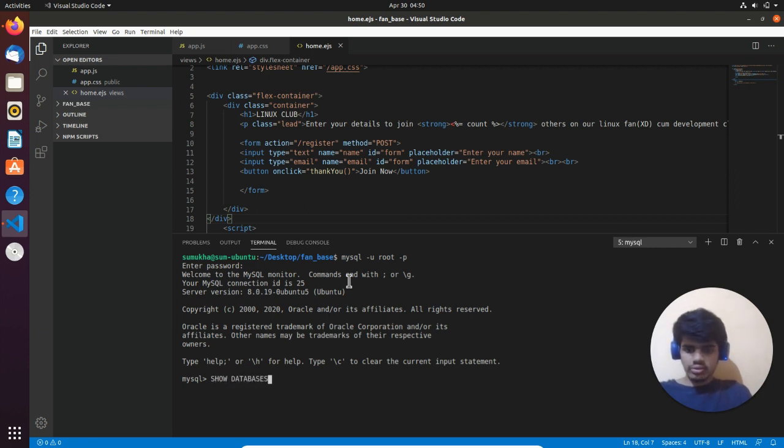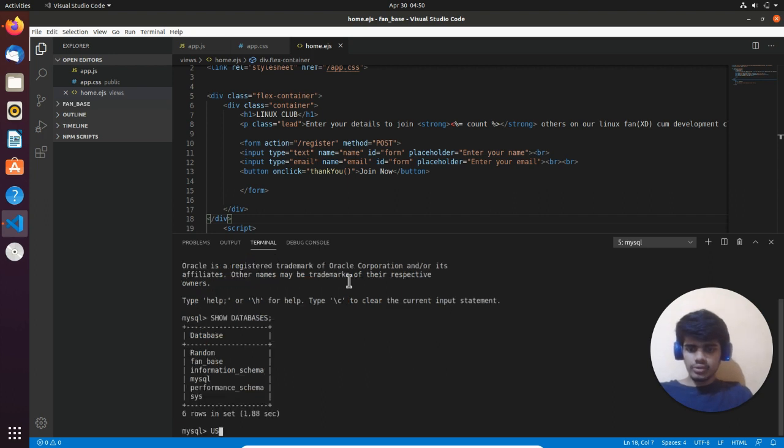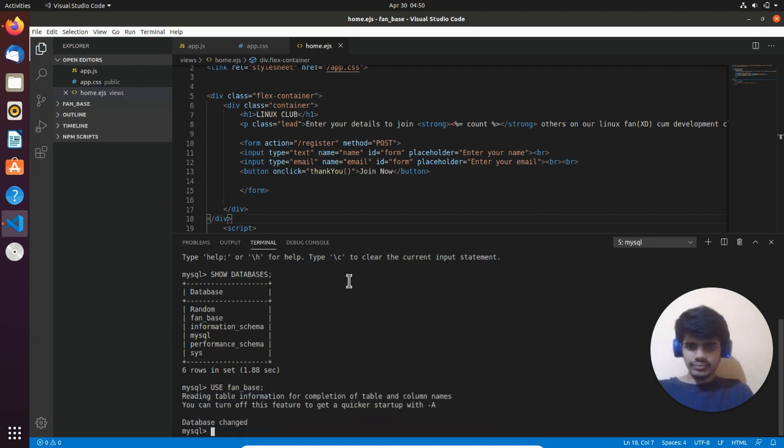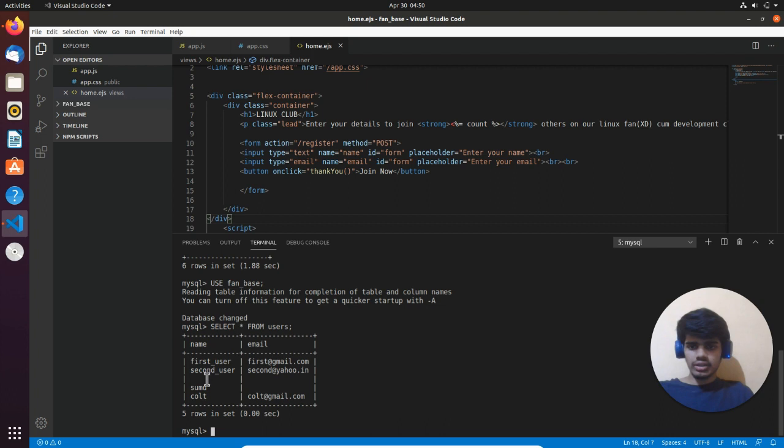Now I'll do show databases, and here I'll use the database, because that's a database, right? Now I'll select star from users. We are expecting the name Colt and email ID colt@gmail.com to be here. Press enter, and there you go. Colt is the name and colt@gmail.com is present in our database.